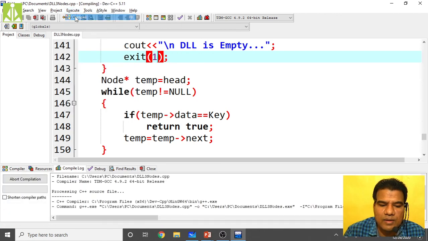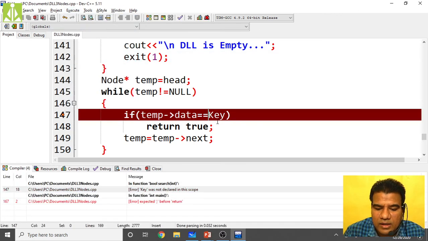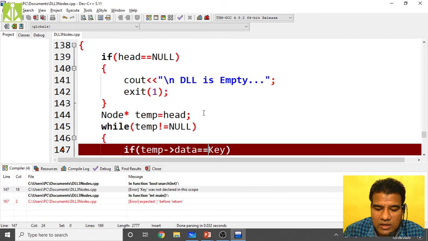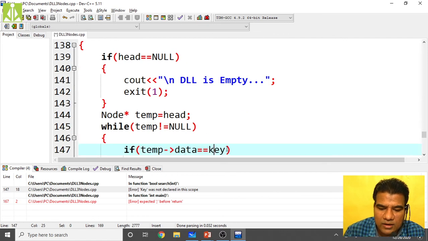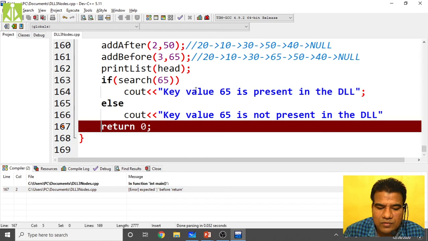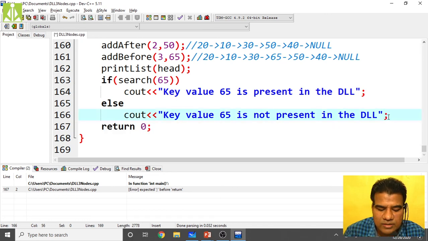So now go compile. Again there is an error. It says temp of data equals to key. I think I have written K capital over here; it should be k small. Now compile. Again one more error: expected semicolon before return 0. Yes, here we forgot to put the semicolon.